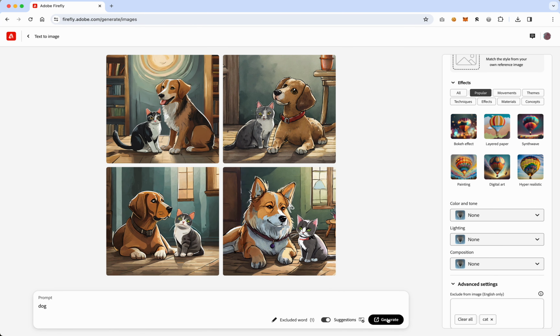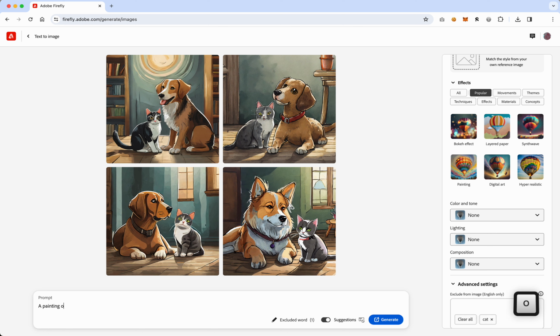Okay, well, that didn't work. I wonder why that is. Maybe because my prompt is too short. Let's use this as an opportunity then to look at suggestions. So this button here will turn on and off suggestions. Now, suggestions are basically a way for the model to begin to tell you additional words and additional ideas to include in your phrasing, your prompt, to maybe generate better images. So let's try this again. Let's go